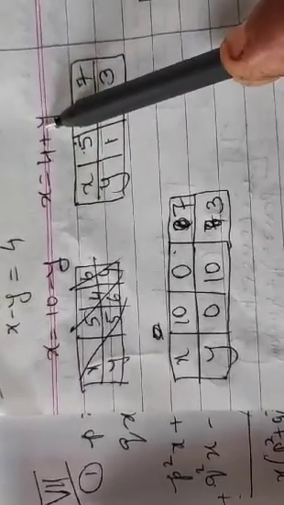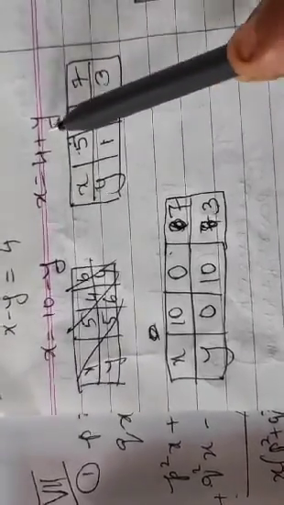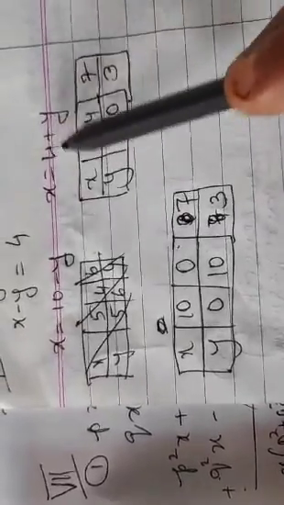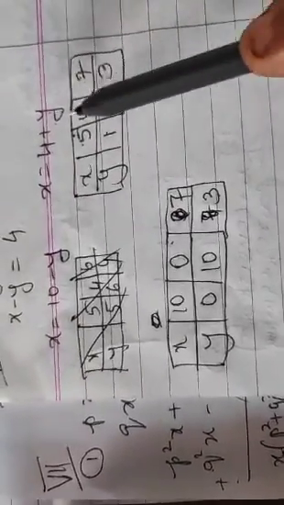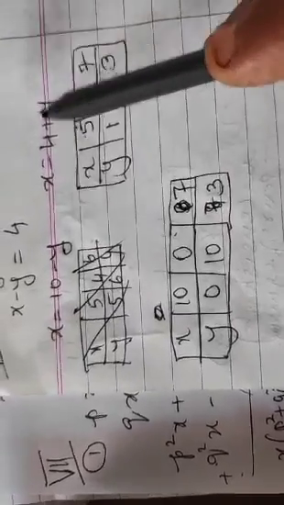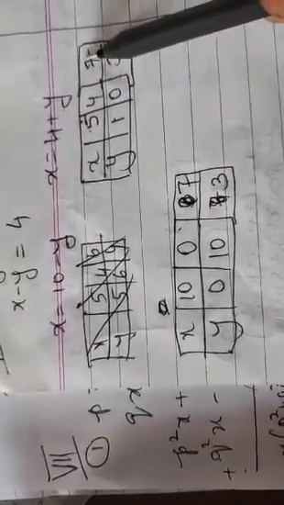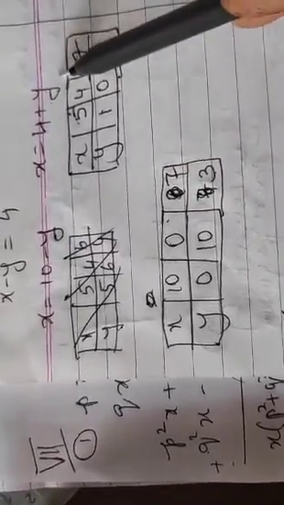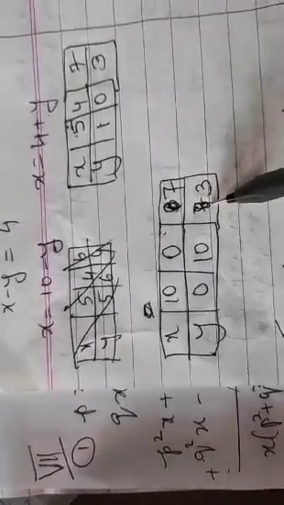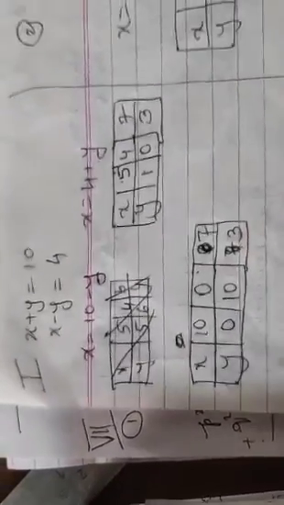Actually 2 values will do. But if you want you can go for the third value also. Here if I take y value 3, 10 minus 3 is 7. Okay. Same thing over here. If I assume y 0, then 0 plus 4 is 4. The third value is if I take y 3, then x value will be 7. From this table itself you come to know that 7 by 3 is the solution for this answer. x is 7 and y is 3. So if you draw the graph of this particular equation, you will get the graph intersecting.